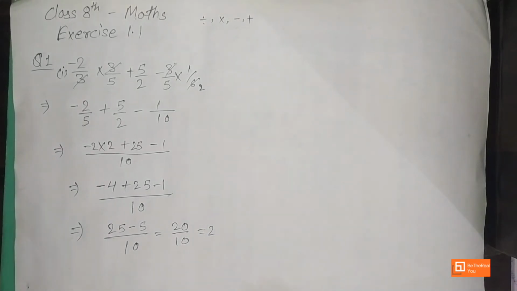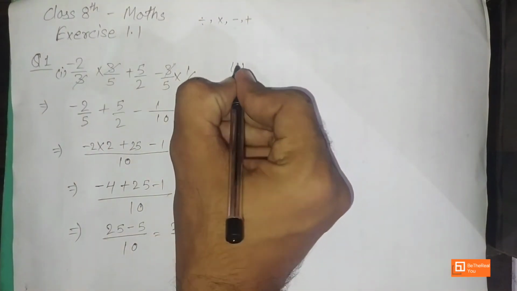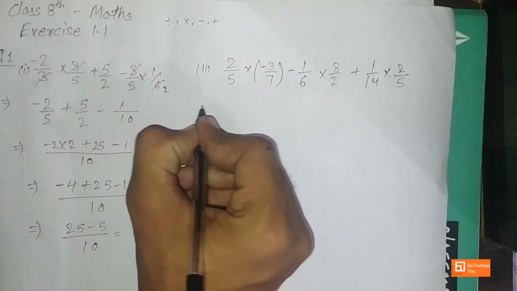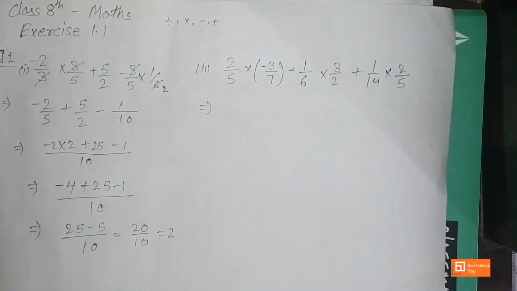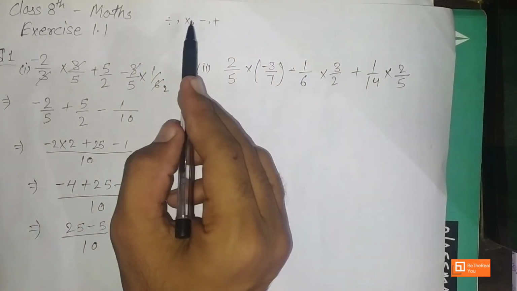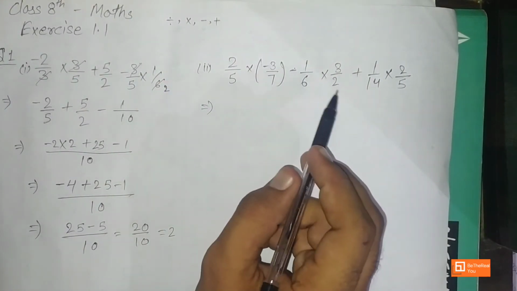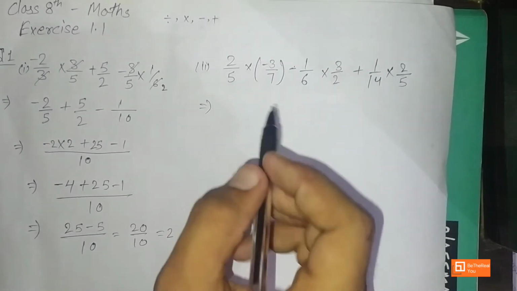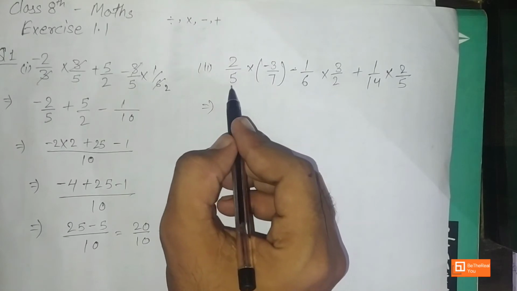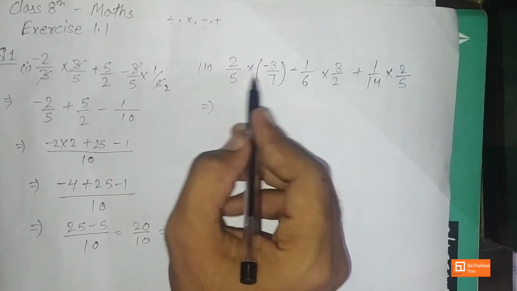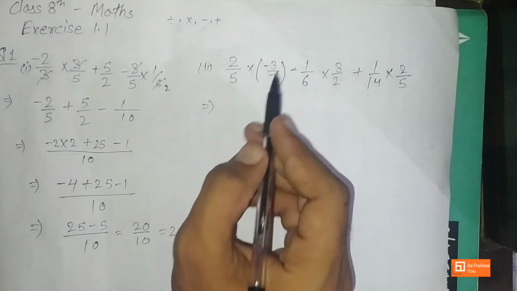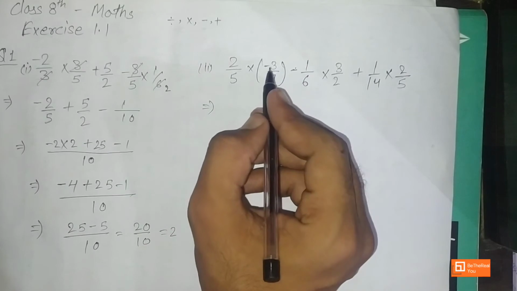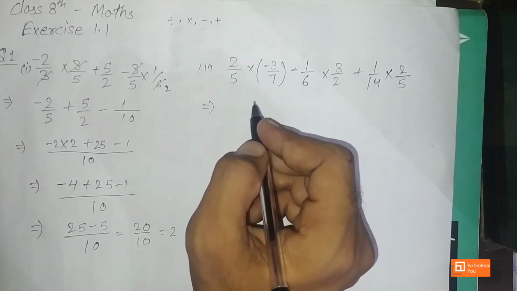Okay, so we are solving the second question. This is our second question. As I have said earlier, first we will divide, then multiply. If you can see there is any division, there is no division. So first of all we will multiply it. See if there is anything in this multiplication we can cancel. There is 5, 7, 2, 3, there is nothing that we can cancel. So we'll multiply numerator with numerator and denominator with denominator.